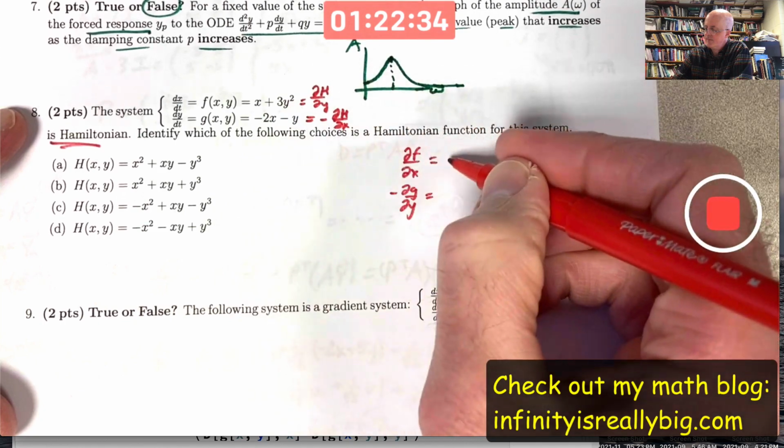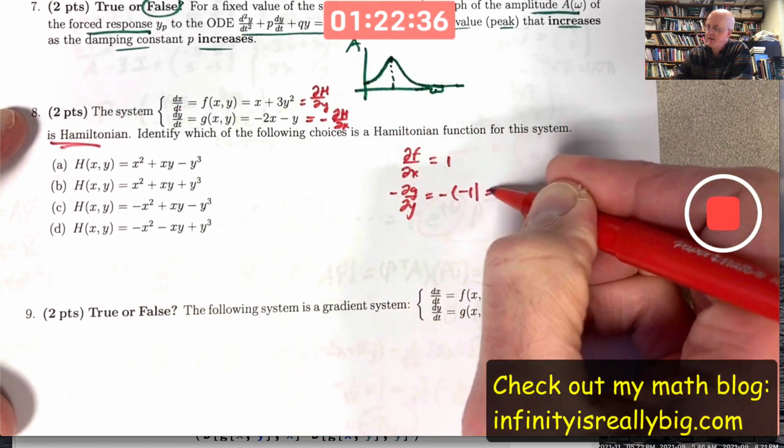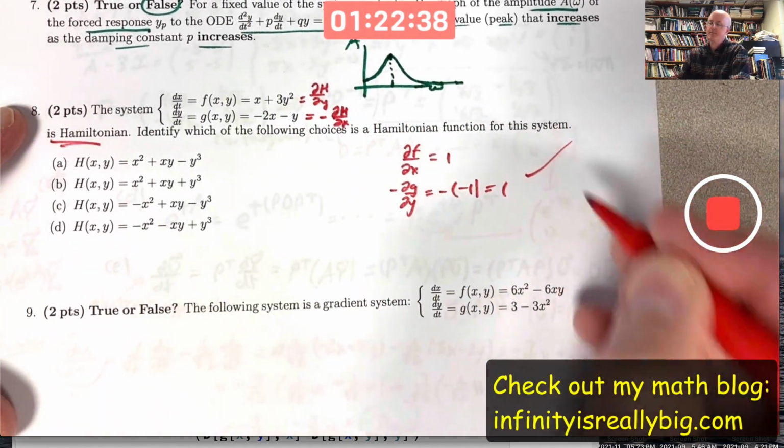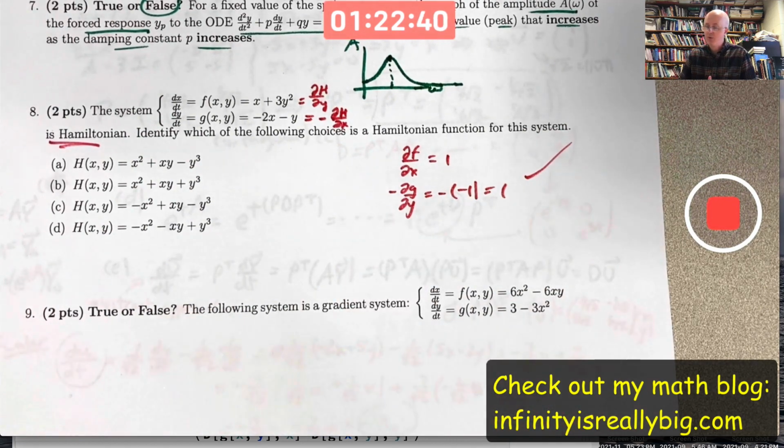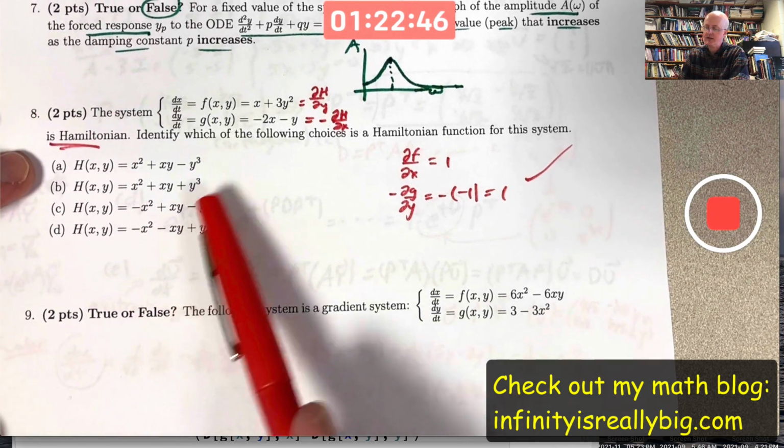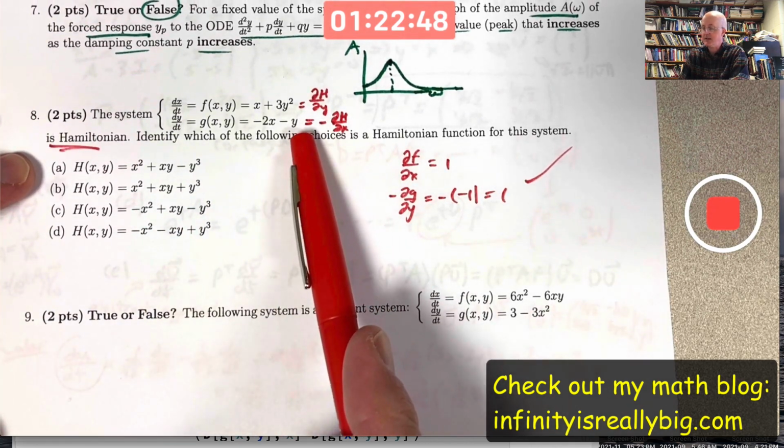Anyway, these are both 1. They are the same. It is Hamiltonian, no matter what point we're at. These don't depend on x or y. As far as finding the Hamiltonian function, we need to think about these facts, and we essentially just need to